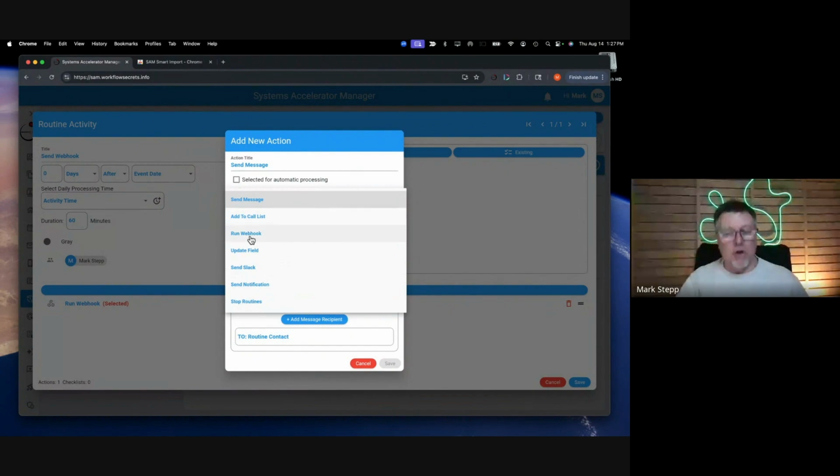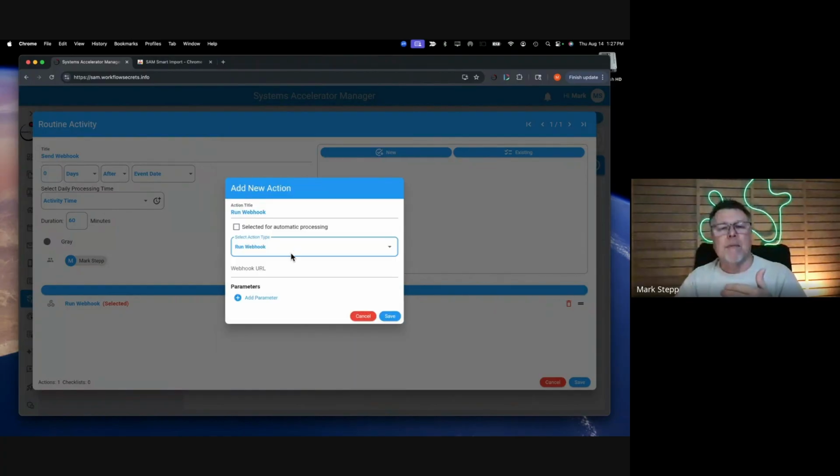You can run a webhook to another outside site and pass it information. One of the cool things about the webhook ability is you basically just give it the URL for that webhook, and then you can add multiple parameters that you're passing to that webhook, which also includes merge fields for your contacts. This is great if you want to interface with some kind of company that maybe does postcards